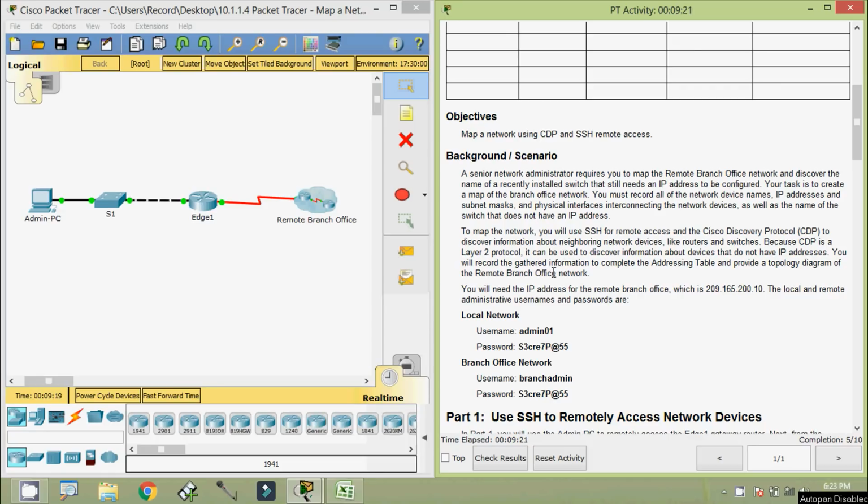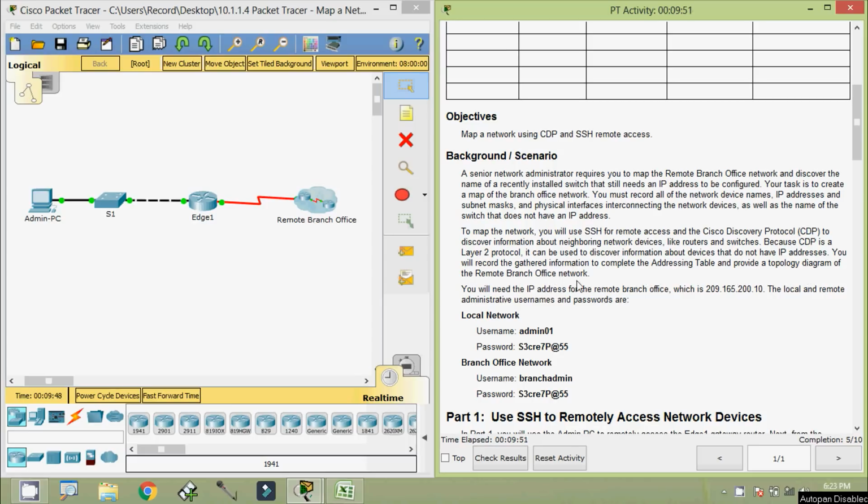To map the network, you will use SSH for remote access and the Cisco Discovery Protocol, that is CDP, to discover information about neighboring network devices like routers and switches. Because CDP is a layer 2 protocol, it can be used to discover information about devices that do not have IP addresses. You will record the gathered information to complete the addressing table and provide a topology diagram of the